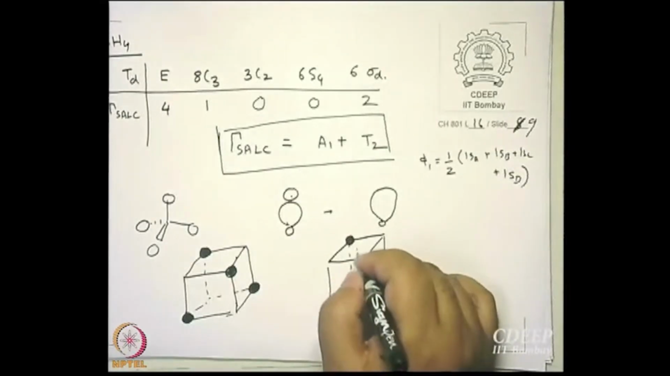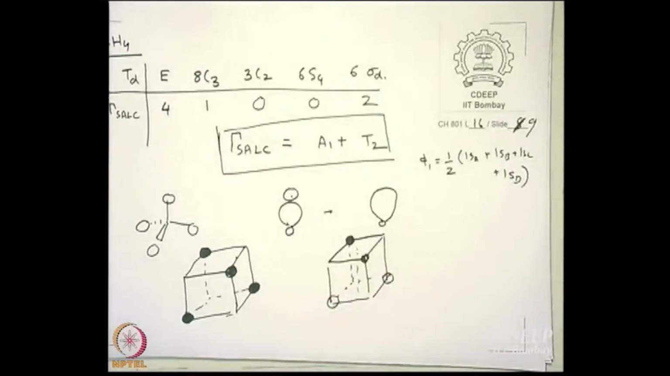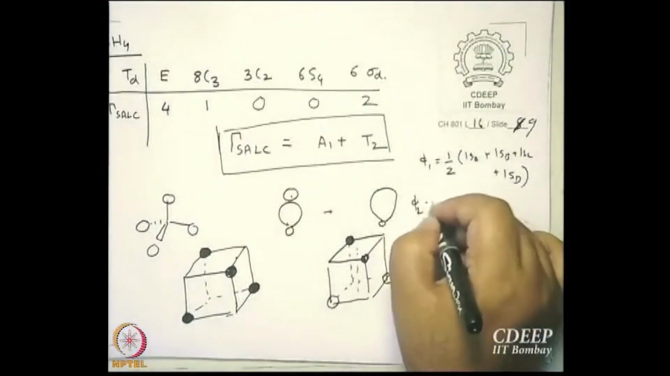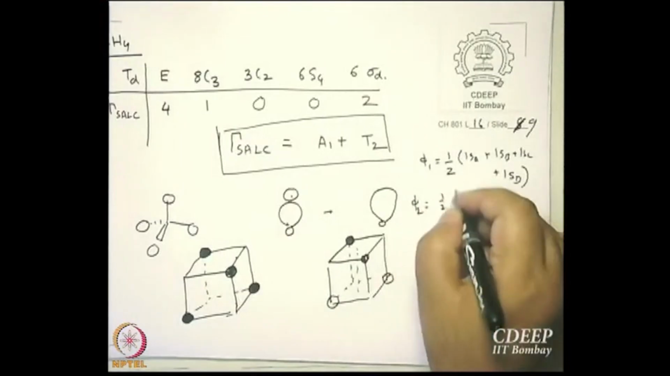Because this is symmetric with respect to this C2, isn't it? There are 3 C2s and we are talking about a triply degenerate set here. So, let us try combinations that are symmetric with respect to the C2s. If I have 2 plus and 2 minus combination, they will be symmetric with respect to C2. Okay. So, I write those 2 plus and 2 minus combinations, phi 1, phi 2 is equal to half 1